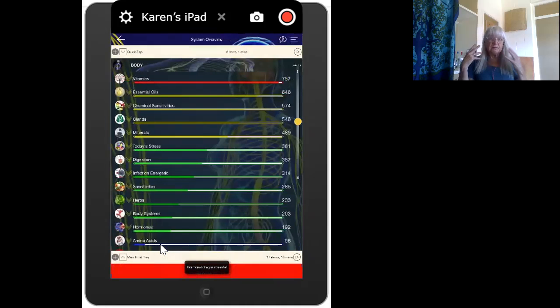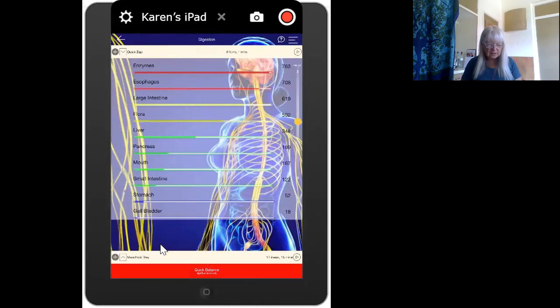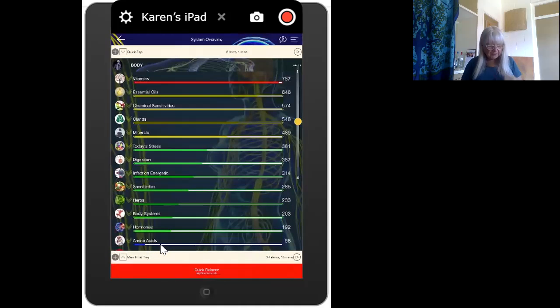So what I'm doing is I'm mentally trying to build a picture of what could be going on in my client's world. And so it does look to me like she could have a digestive issue. And so I'm just going to pop those in, and gallbladder, stomach, small intestine, mouth. I wonder if her teeth are all right. So it's just basically building a